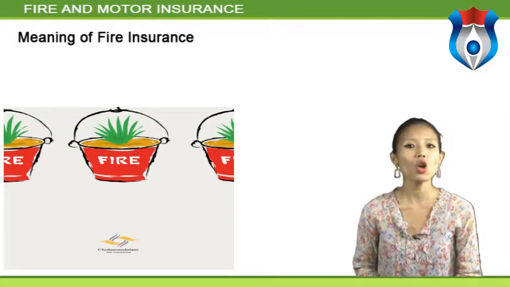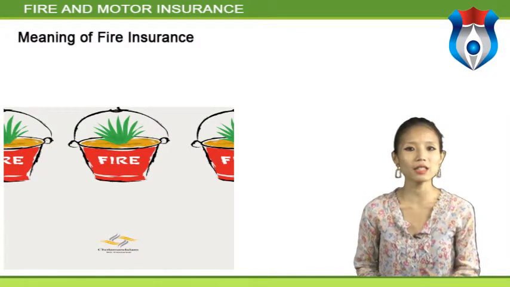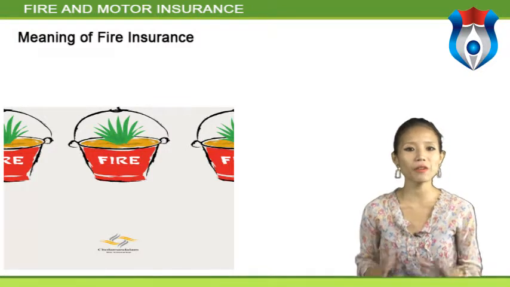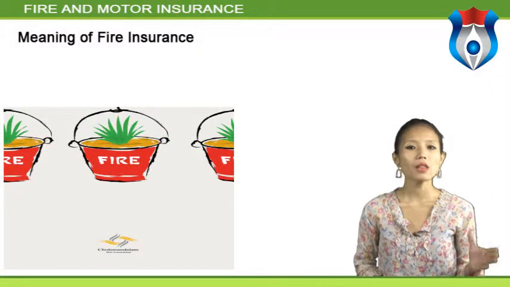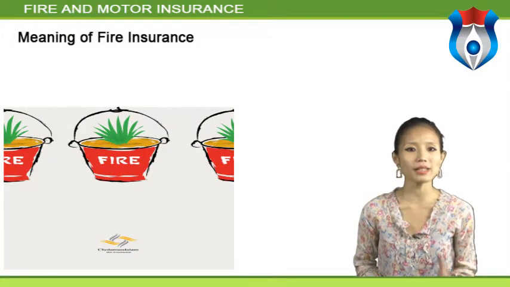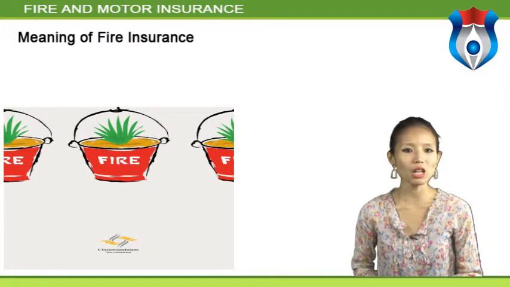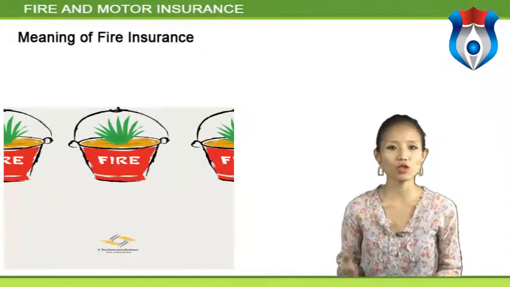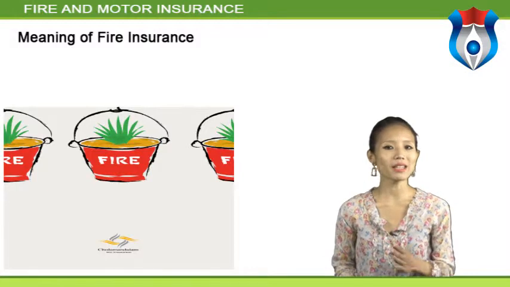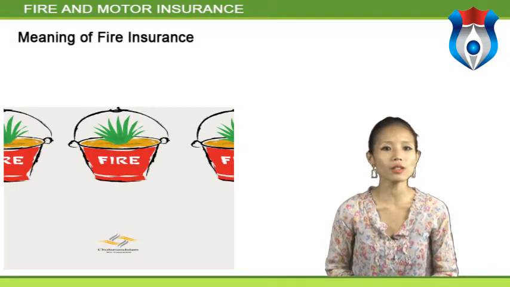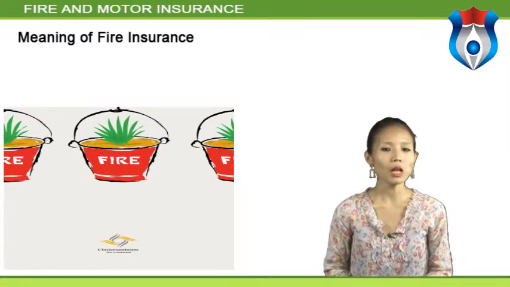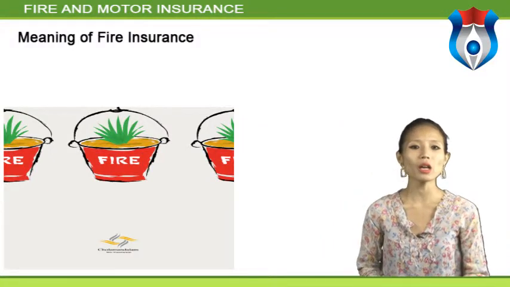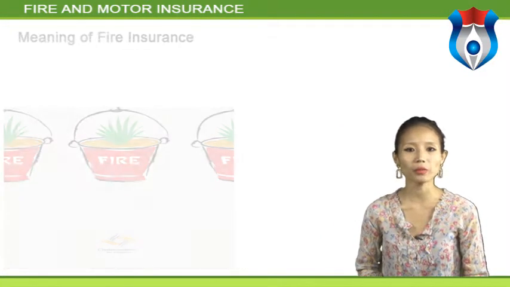Under Section 2, Clause 6A, Insurance Act 1938, the fire insurance business is defined as follows. Fire insurance business means the business of effecting, otherwise than independently to some other class of business, contracts of insurance against loss by or incidental to fire or other occurrence customarily included among the risks insured against in fire insurance policies. Example, the following are the items which can be burned or damaged through fire.